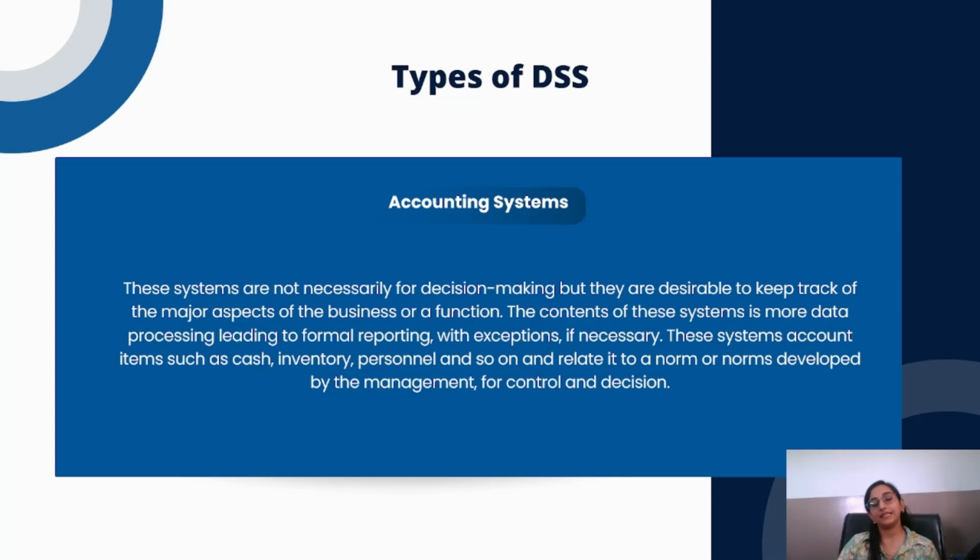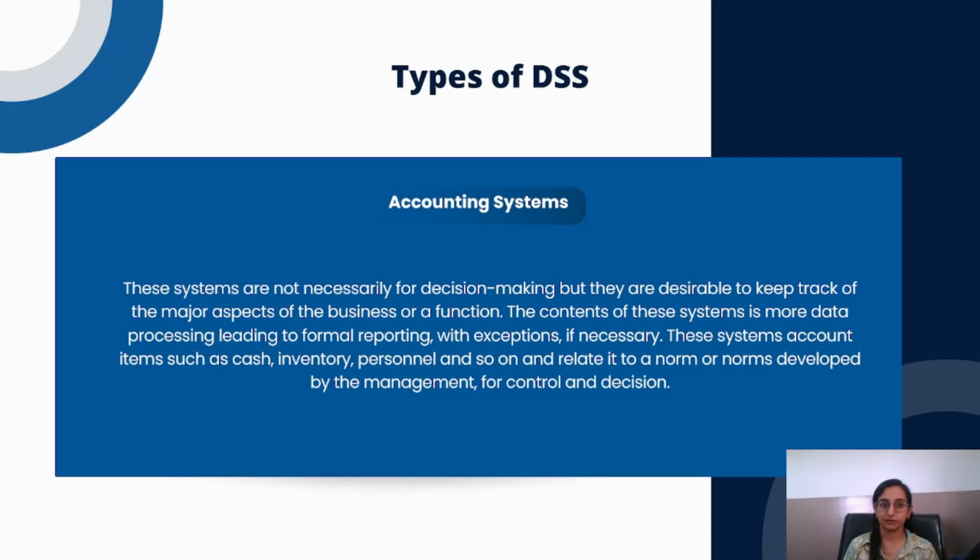Another type of DSS is accounting system. In DSS, this type of system is not primarily designed for decision making. They play a crucial role in tracking and managing essential business aspects. The purpose behind this type of system is that they are primarily used to keep track of the major aspects of a business or function. They ensure accurate and organized recording of transactions and data, which is vital for the overall management